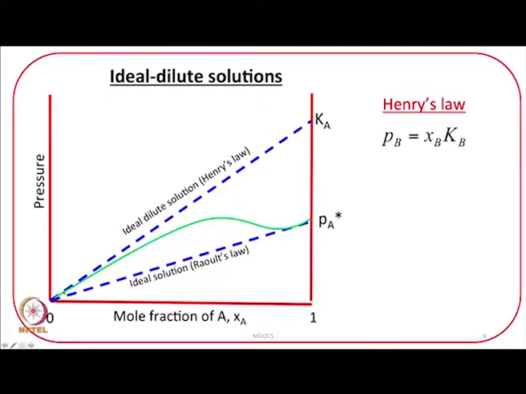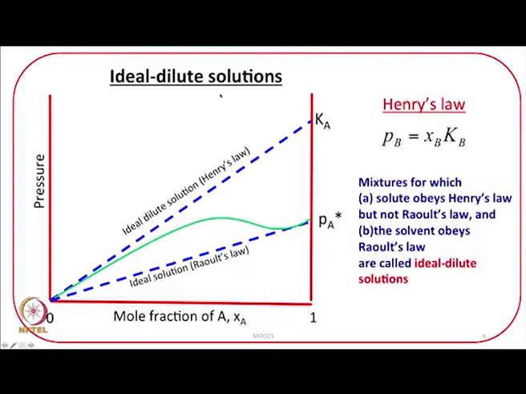solute obeys Henry's law. Henry's law is the upper dotted curve, and Raoult's law is the lower dotted line. So, such solutions are called ideal dilute solutions. Therefore, mixtures for which the solute obeys Henry's law, but not Raoult's law, and the solvent obeys Raoult's law are called ideal